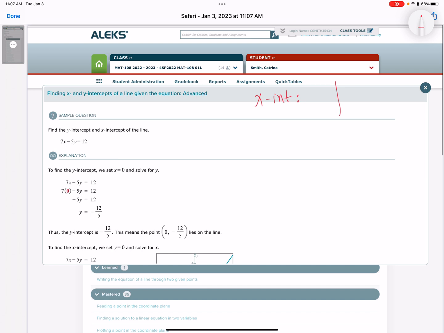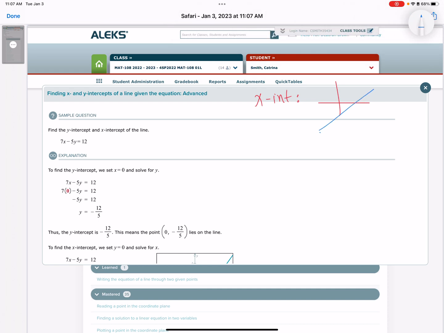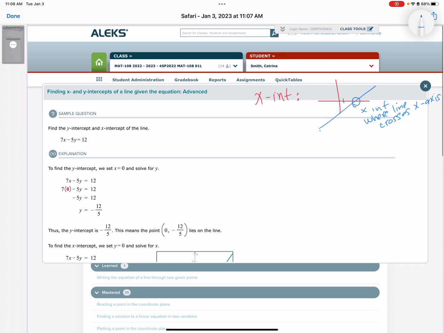that literally means, as we just saw, where this line, let me just make up a fake line here. That's my x-intercept. It's where the line crosses the x-axis, crosses the x-axis. Okay, tell me what else we know about a line that crosses the x-axis. If this here, let's just kind of put these dots. This would be